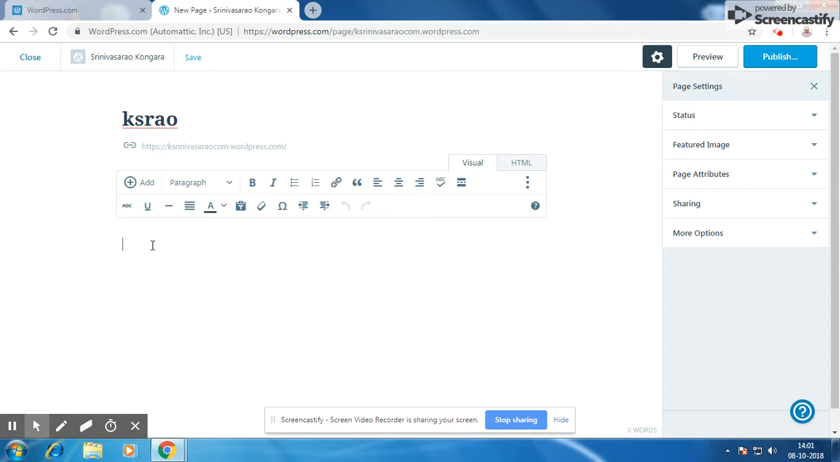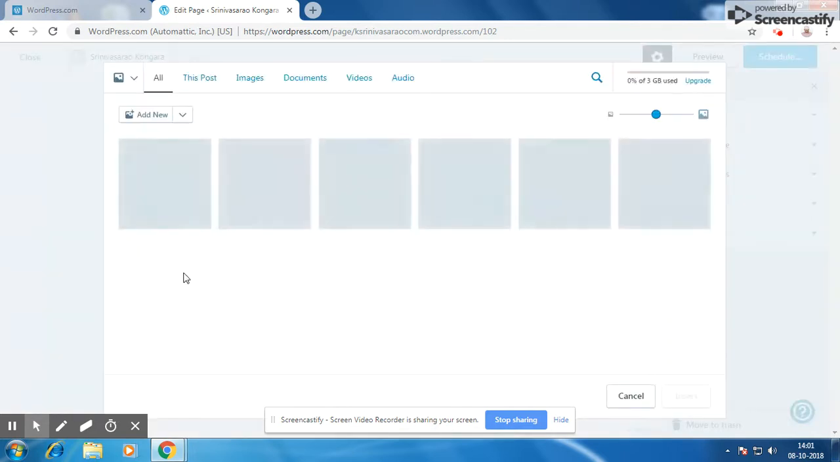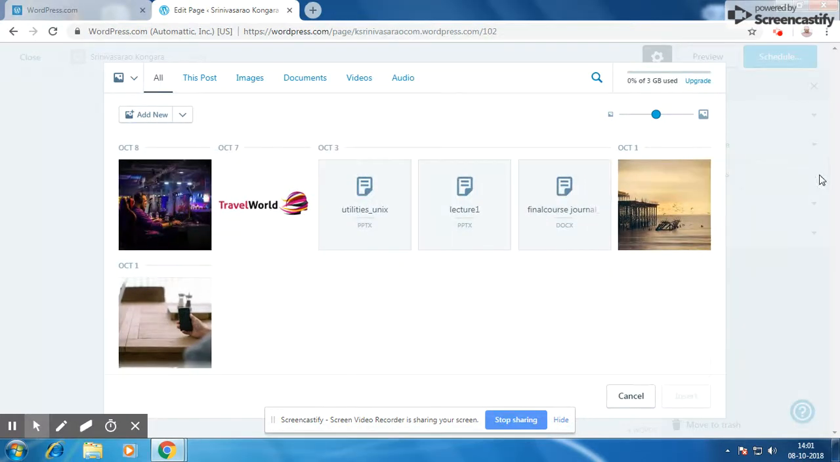And you can give whatever text you want to describe the site. This is for demo. Even if you want to add something to this, you can add from here also. There is a button add available, and click on media. You can select either images, or you can select any of the media already uploaded to your